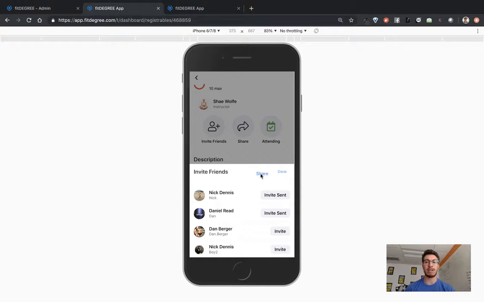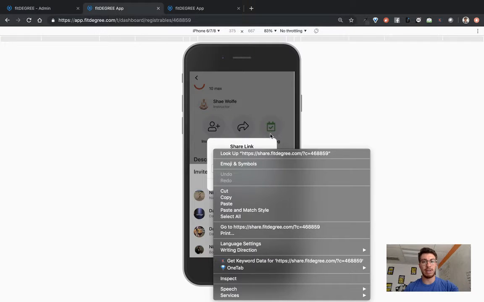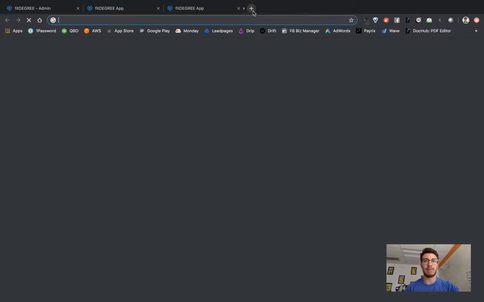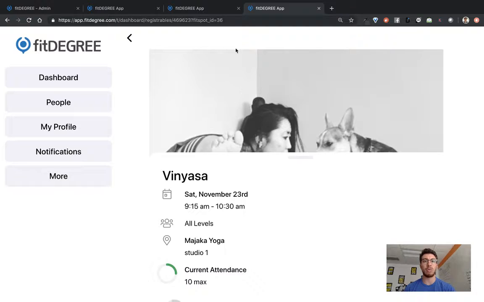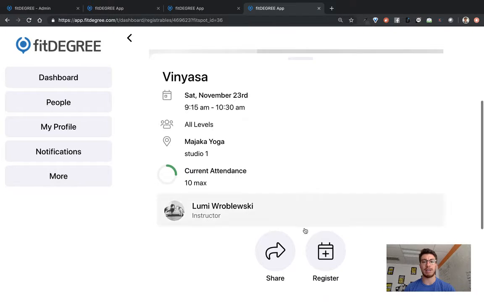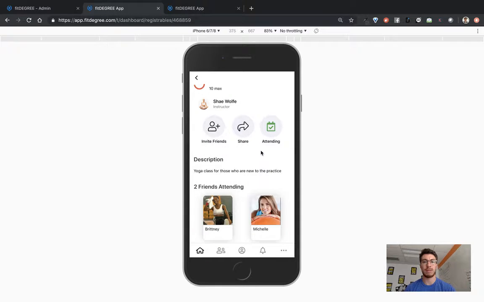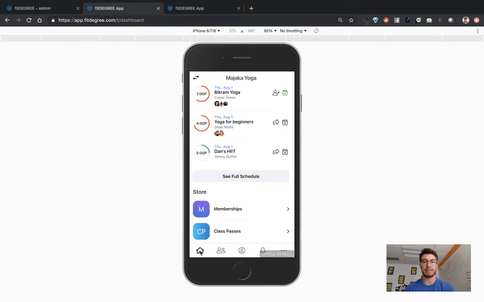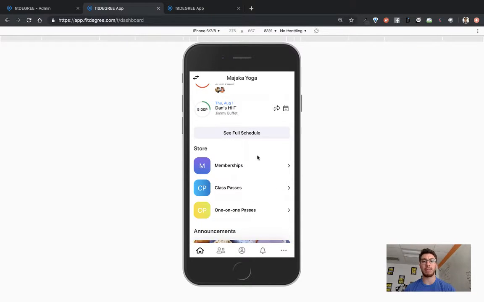And then lastly, if their friend doesn't have the app downloaded, they just click share. They get a link. When I take this link and I open it up, it's going to bring me to the website version of our app, and it's going to be the exact class I want to sign up for. So coming back to the mobile app, if you have a store, they'll be able to purchase things on the